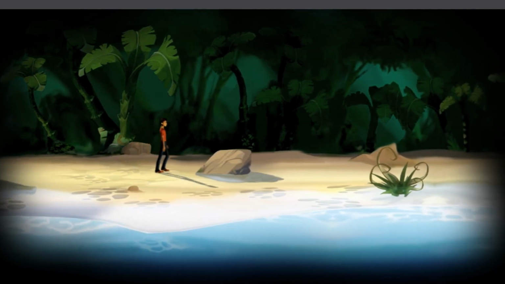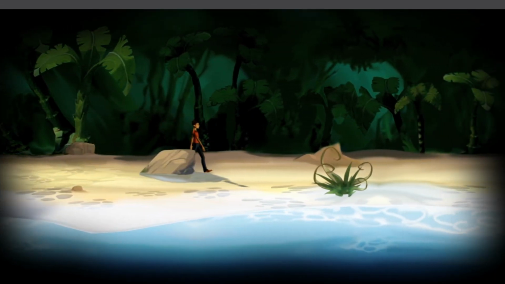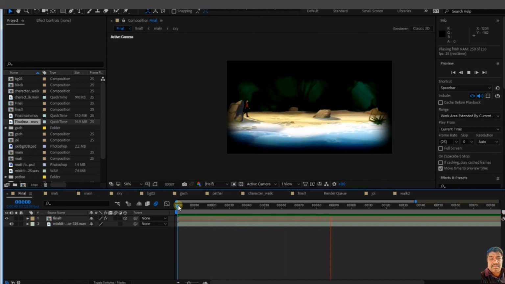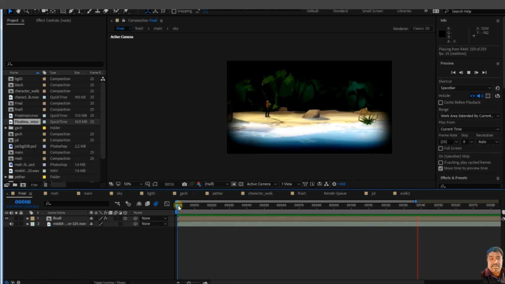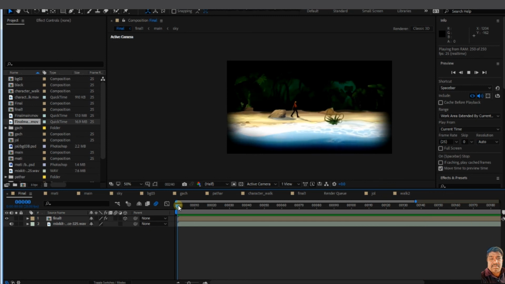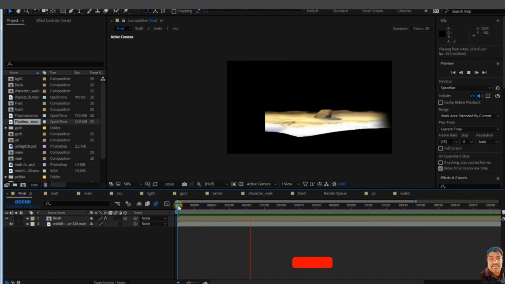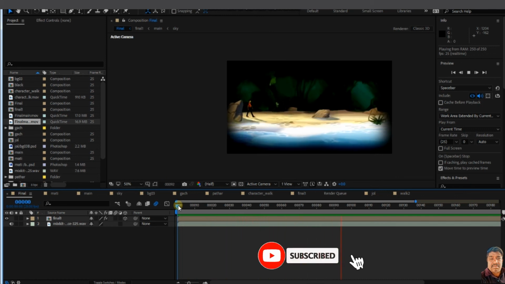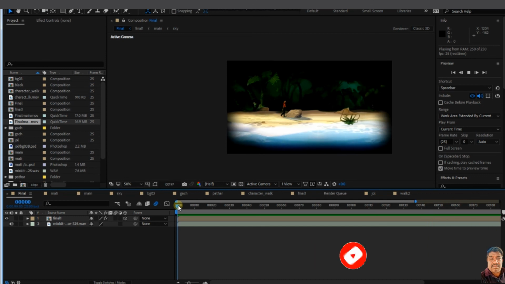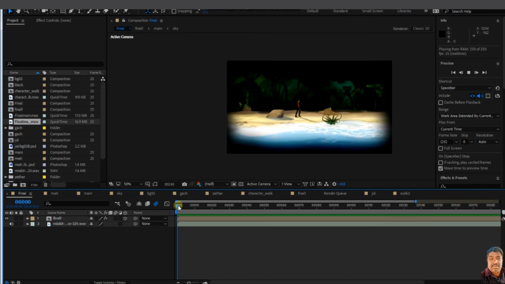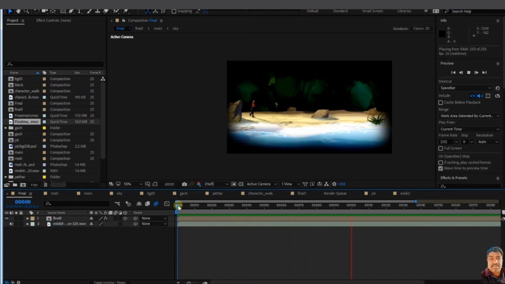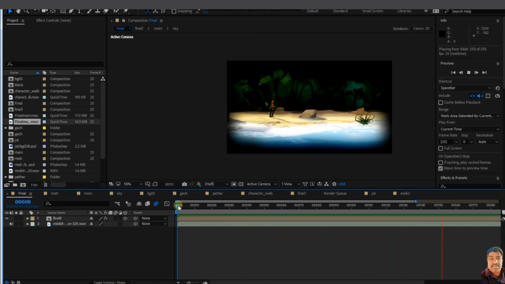It's really challenging. It's just to see, it looks very easy, but it's not so easy. But it's also not so tough. If you learn After Effects, it's very easy. In Photoshop, I separate all the layers, and in After Effects, I make the movement, right? So right now it looks like 3D.